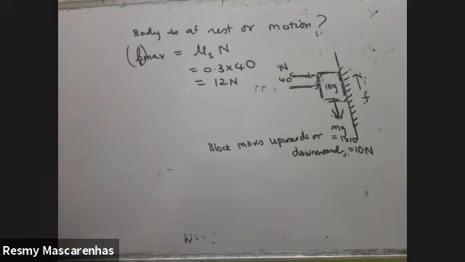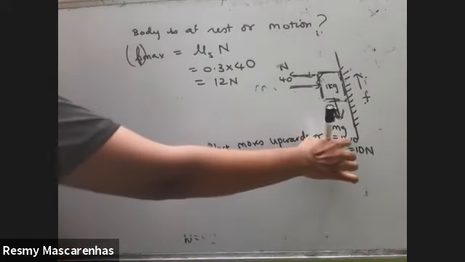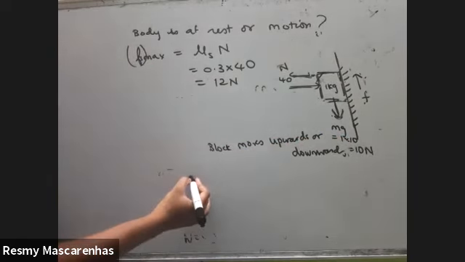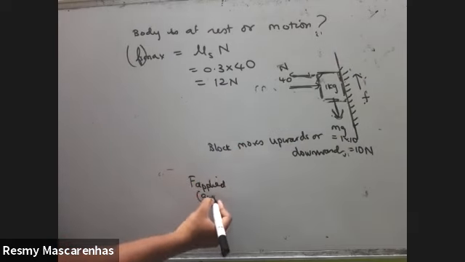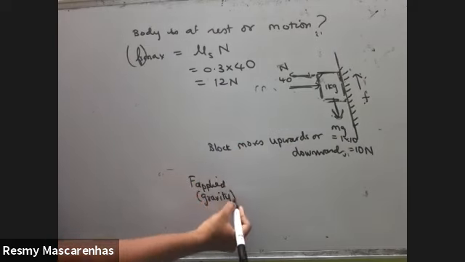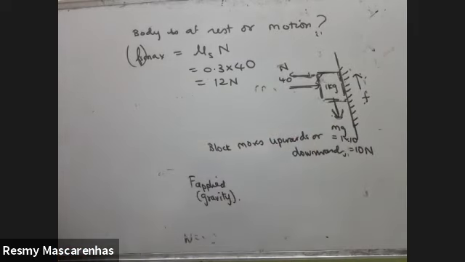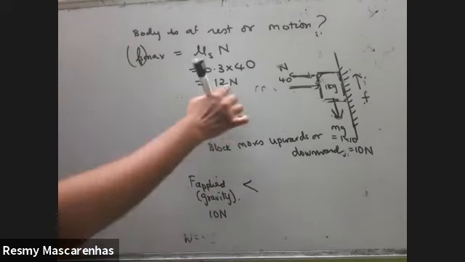So we'll check with this one. We have to compare and see with 10 Newton. So the force applied is now gravity. That is 10 Newton, which is still less than